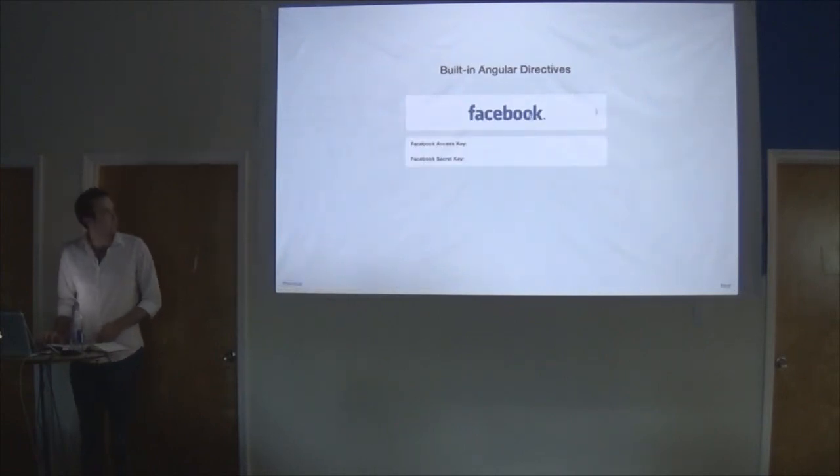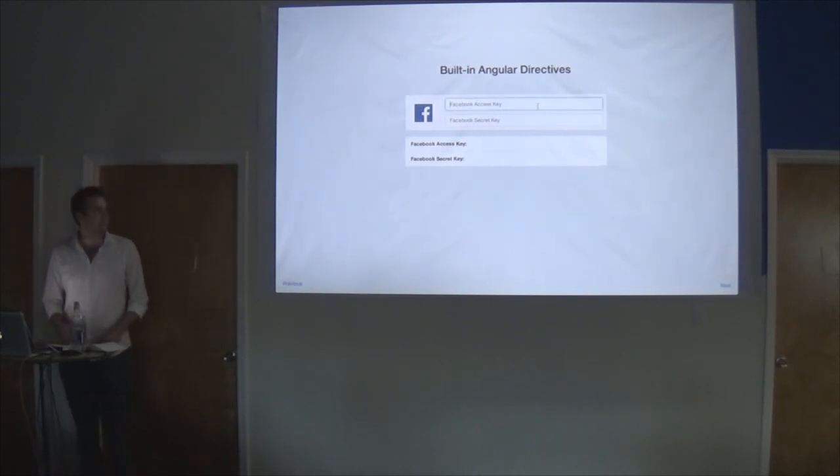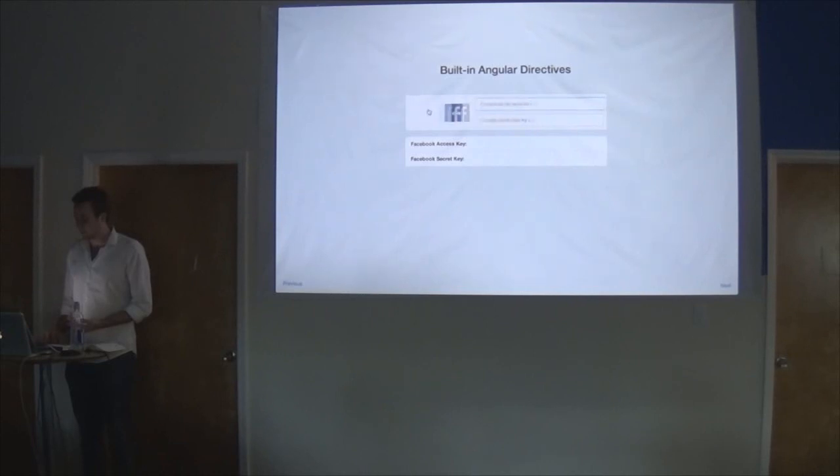So this is that page, and you can see we have this sort of component here that we call slide replace. Essentially, when you click on this component, it slides over and it reveals two inputs. We're actually using these components on a project we're working on now, and what this is for is collecting OAuth access keys and secret keys. So the user comes in, he sees Facebook, he clicks on Facebook, and has access to these two elements that